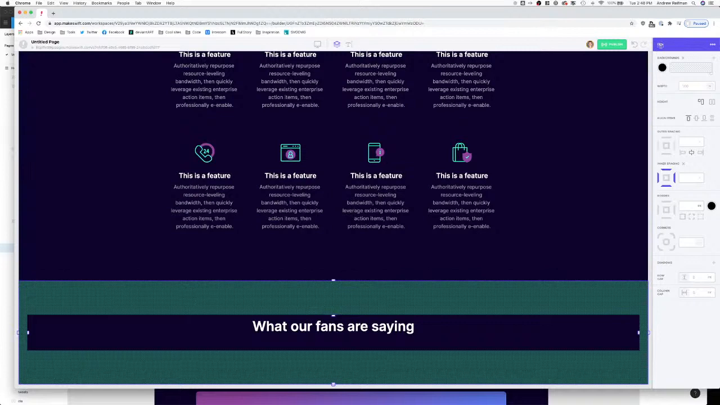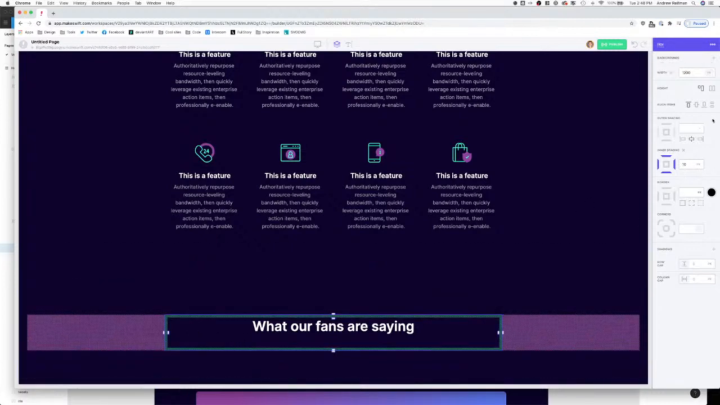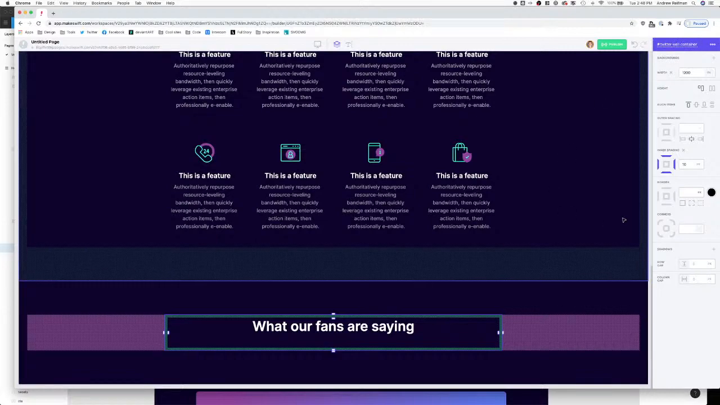Let's call this Twitter wall. And we'll call this one Twitter wall container, but I'm going to need to see what that is later. Okay, so